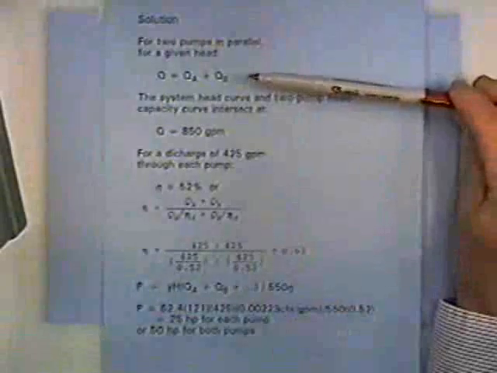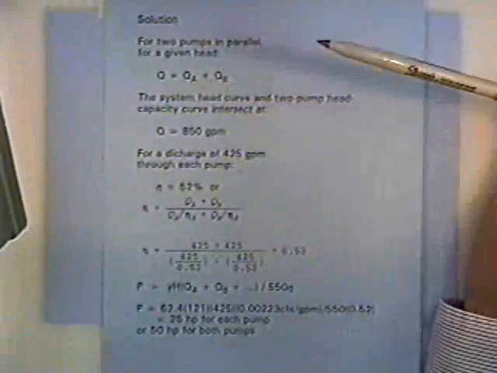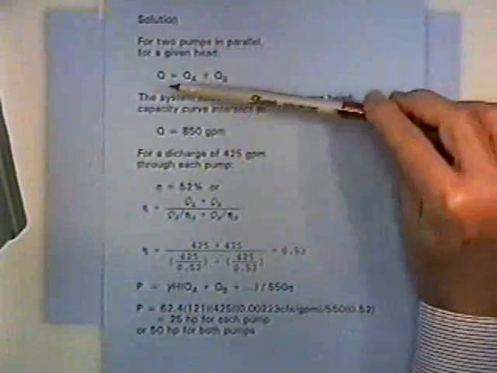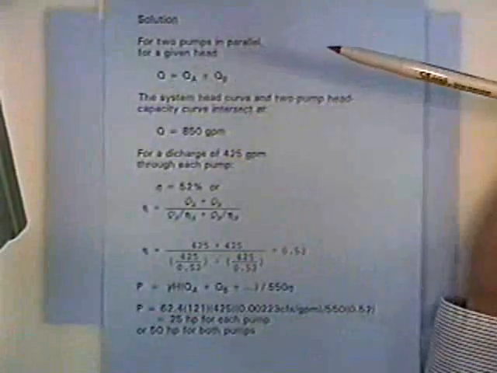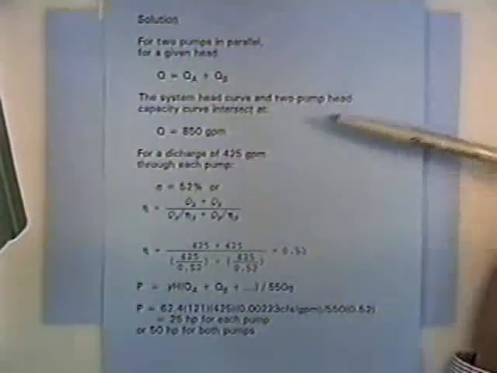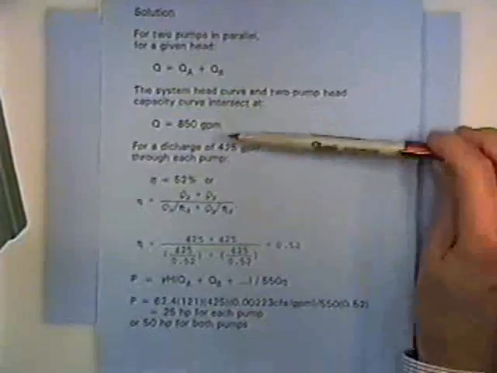But going back to this example, two pumps in parallel, the next sheet is just going through the solution, and it's just saying what I've already said, that for a given head, for two pumps in parallel, the discharge is QA plus QB. If they were in series, we would say for a given discharge, the head would be head A plus head B. And then wherever the system head curve and the pump characteristic curve intersect, that sets the